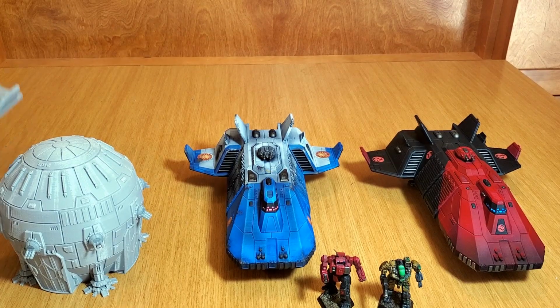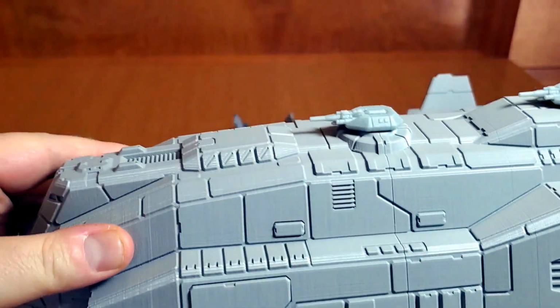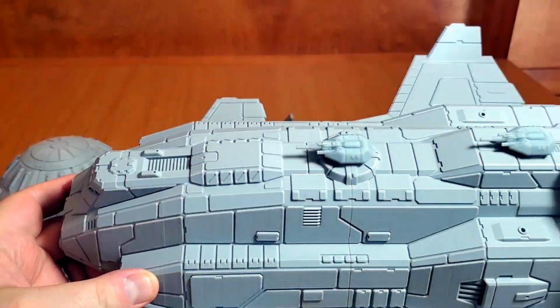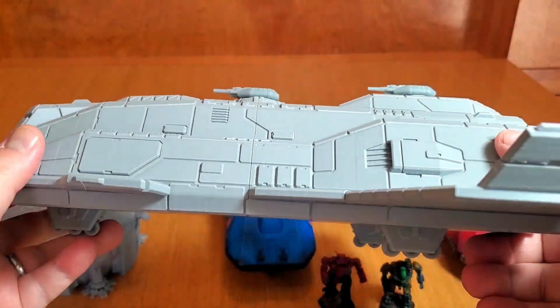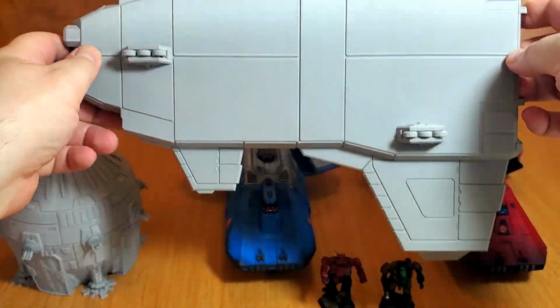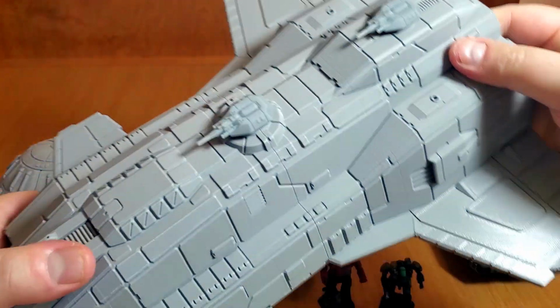This one I have not sanded, but this one's actually pretty smooth to begin with, so I'll probably hit that with some sandpaper later today, see how that turns out. But it's a big boy. It's a really big boy. So that being said,